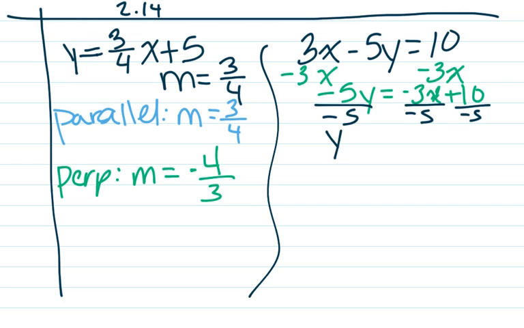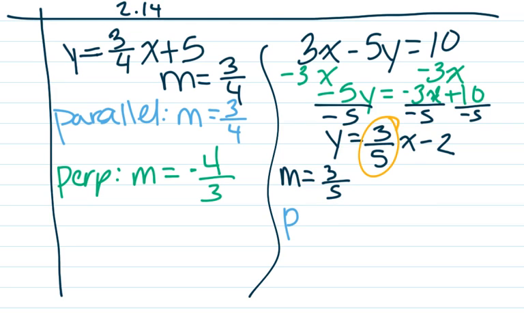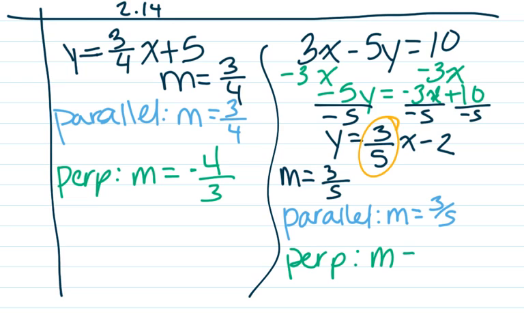I get y equals negative 3 over negative 5, which becomes a positive 3/5 x, and 10 divided by negative 5 gives me negative 2. Now I can determine the slope of my line, which is 3/5. My parallel slope is also 3/5, and my perpendicular slope is going to be negative, and then flip the fraction,